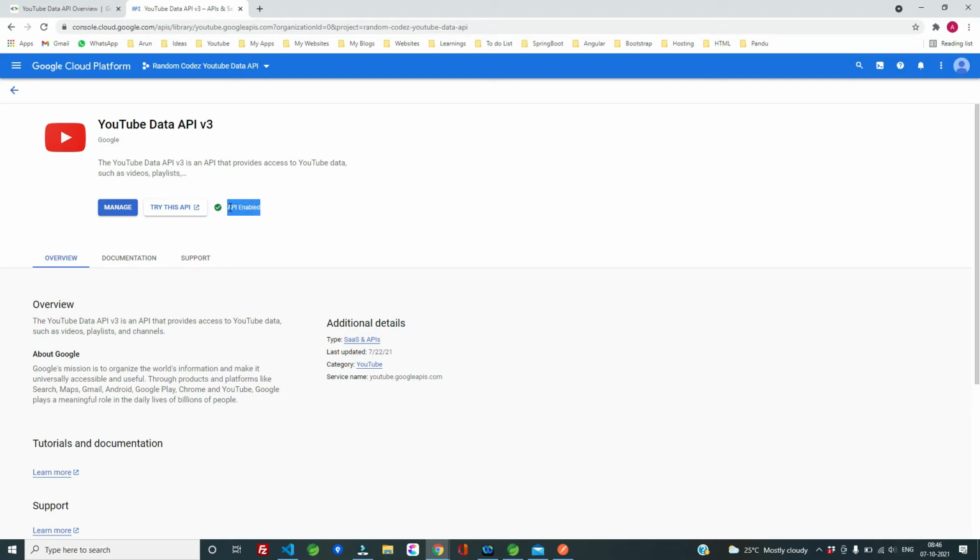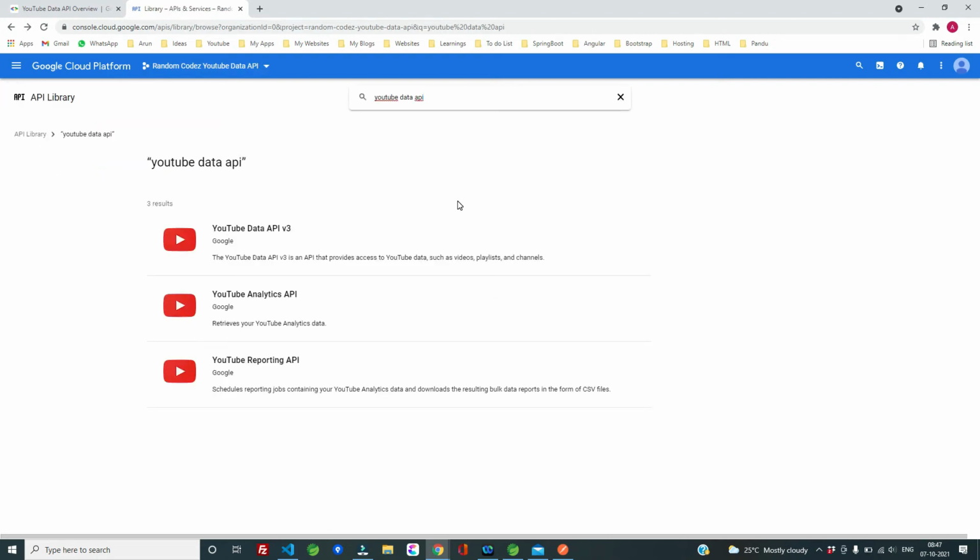So it is saying that the API is already enabled, and that's why I'm getting this manage button. So if you are doing it for the first time, then instead of the manage button, you will be getting an enable button. So if you get that, you just have to click on that to enable this particular API on your project. So once you do that, you just come back.